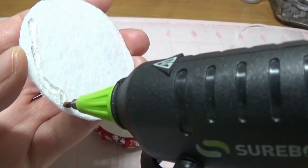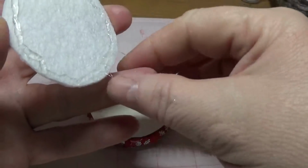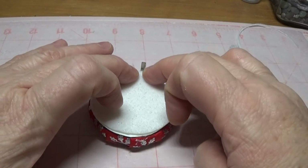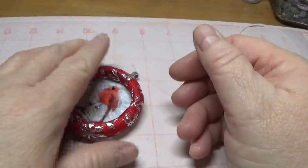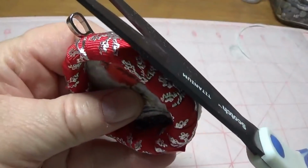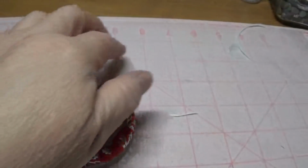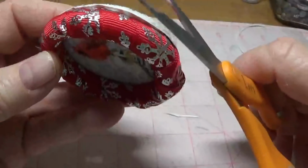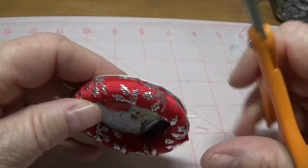So I'm just going to take some hot glue, put it around just the edge. You don't need to put any hot glue in the middle. And I'm just placing this right over the bail. Kind of pinching it there. Make sure it covers it. Like so. And if you want to go back and trim this up, you certainly can. If you want to go back in and shave off the sides, it's probably best to do it with a pair of detail scissors or precision scissors. But you can do that. You can just lean your scissors right against the ornament itself right here, and then just go all the way around